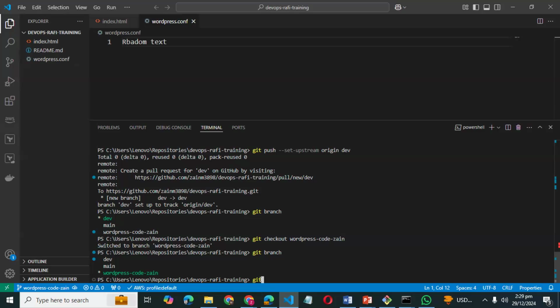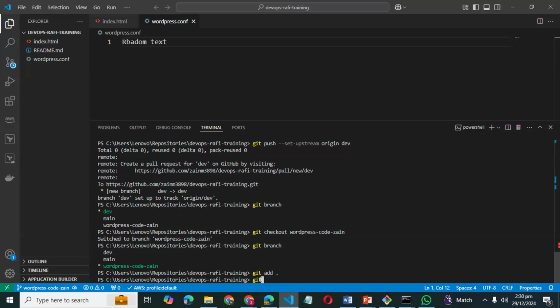No, first of all, whenever I say, hey Rafi, you need to push your local branch changes into your GitHub repository, then you must name the three commands. First you need to write the git add command, then the git commit command, and in the end you need to run the git push command, right? So first of all, what command do we need to run? Git add dot, right?